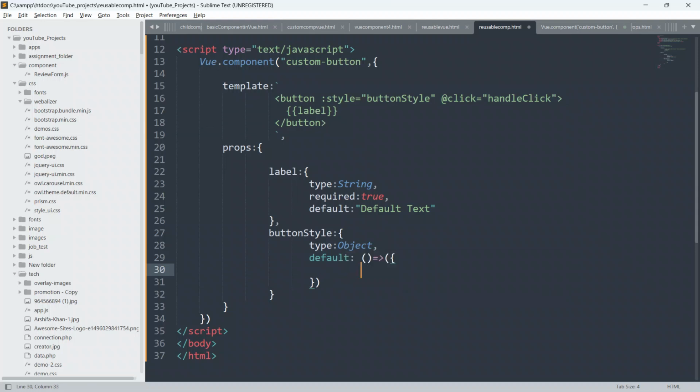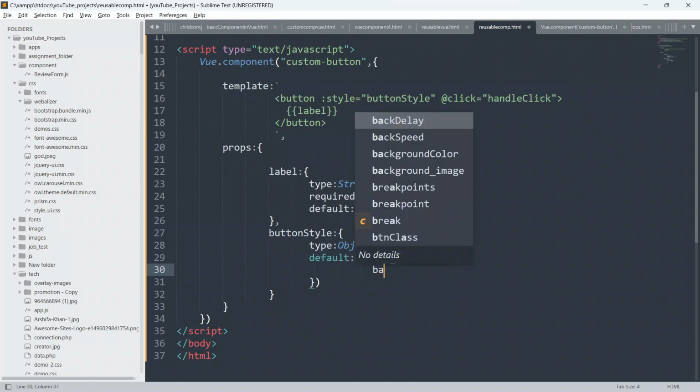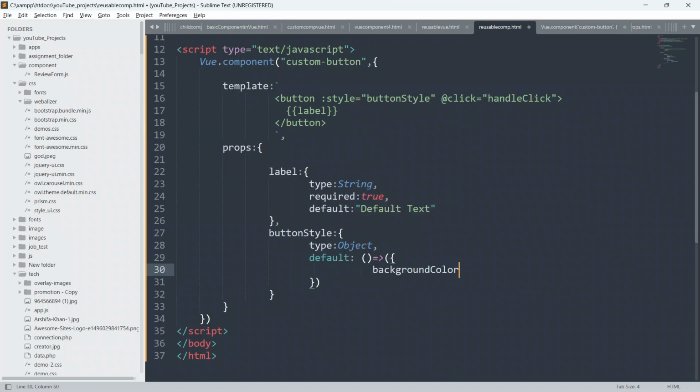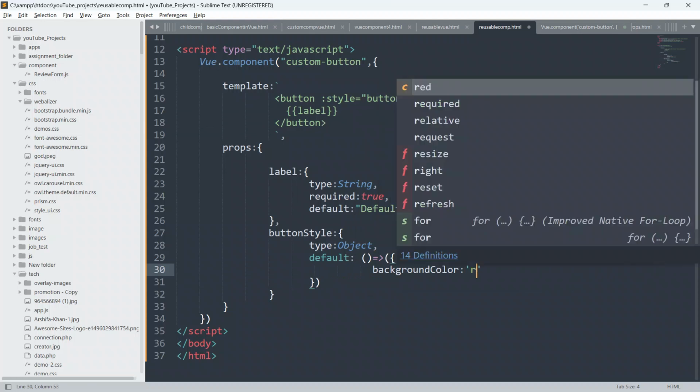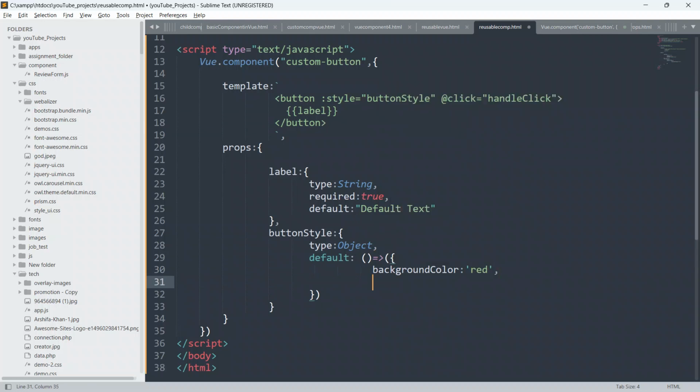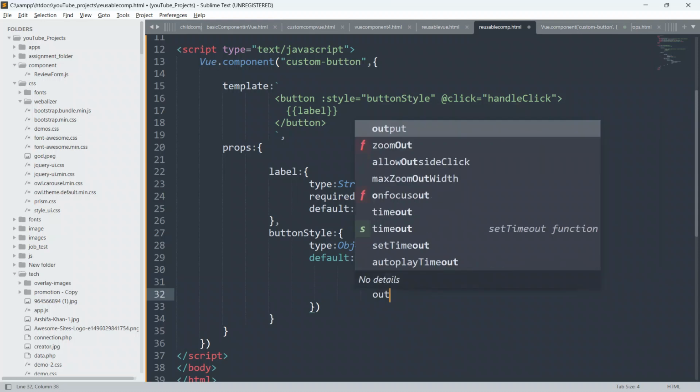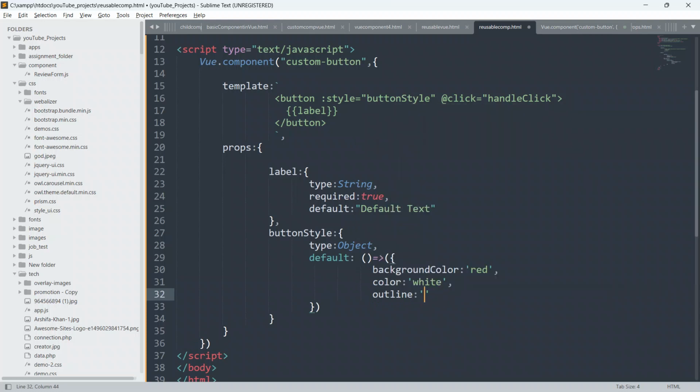So I will say background color, put colon, put single inverted comma, and give red, and I will give comma, and I will say color, put colon, and I will say white, put comma, and I will say outline, put colon, and I will say none.